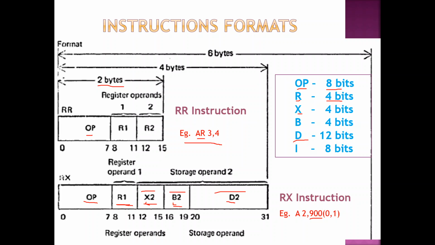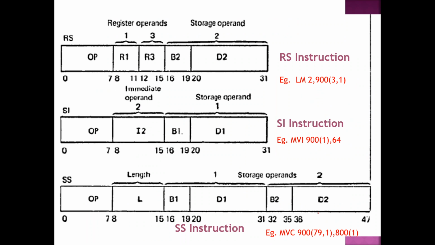So we will move on to the other types. What did we see so far? We have seen two types of instructions: one is RR and one is RX. There are three more types of instructions, so there are five types of instructions in total. What are the other three? First, let me tell you. There is the RS instruction. There is the SI instruction. Both the RS instruction and the SI instruction are of size 4 bytes. There is one instruction, the SS instruction, which is of 6 bytes.